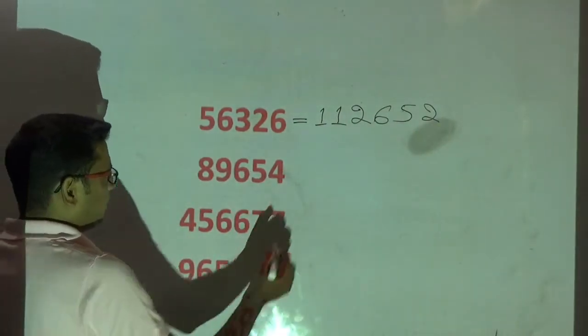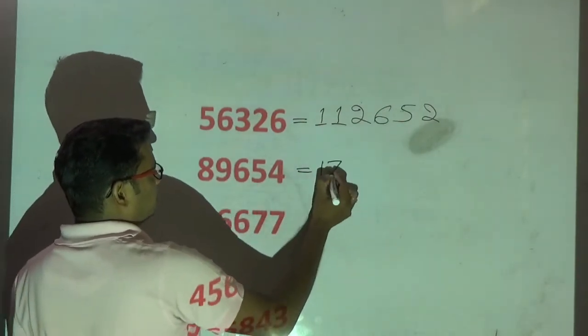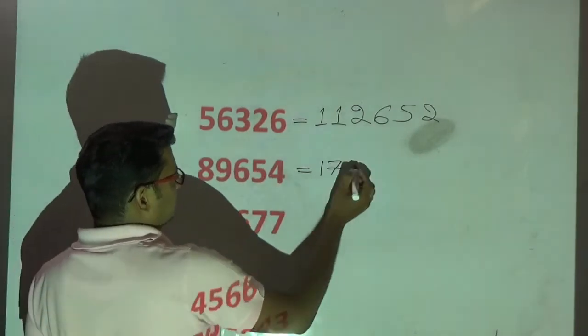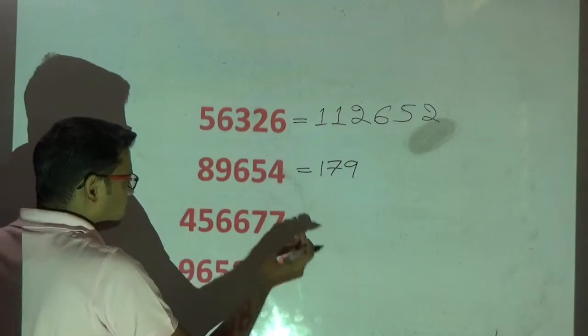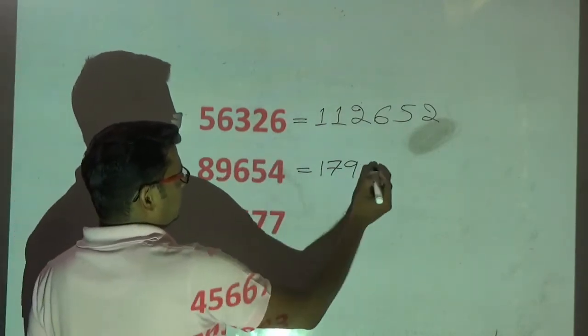Okay, go for the next problem now. 8 double is 16. Next number is more than 5. Therefore, 17. 9 double is 18. Next number is more than 5. 18 plus 1 is 19. Write the end digit only. 6 double is 12. Next number is equal to 5. Whenever it is equal to 5 or more than 5, do plus 1. 6 double is 12. 12 plus 1 is 13. Write the end digit only.